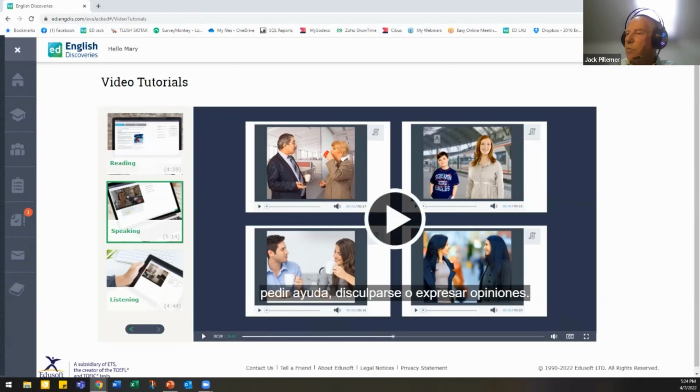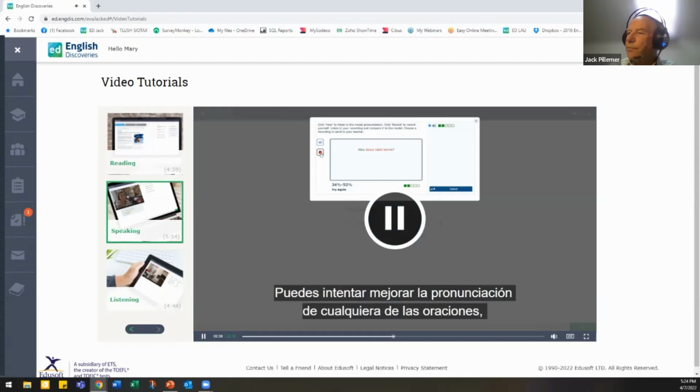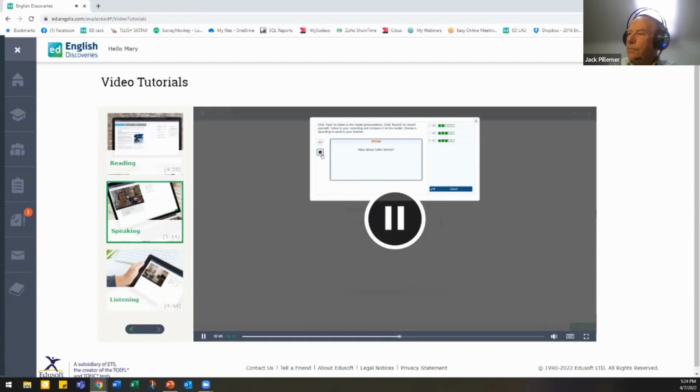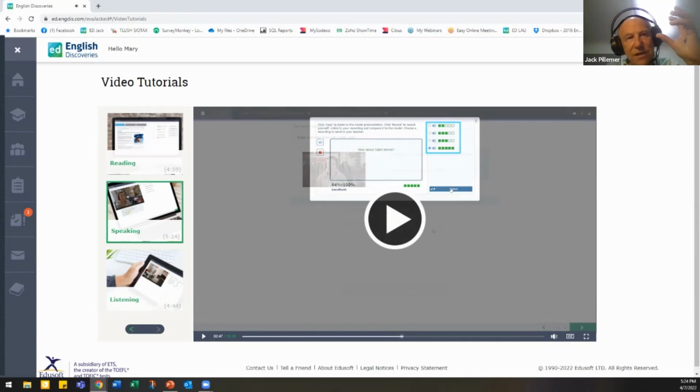Let's just take a little bit more. To improve your pronunciation of any of the sentences, use the Record Myself panel. So what I want to show is that it gives this sense of what it is all about, what the content is. It also shows how to record yourself, what the point of recording yourself is, the pedagogical value of recording yourself, and that you can send it to your teacher. In other words, it's got lots and lots of stuff that students need. And at the end,